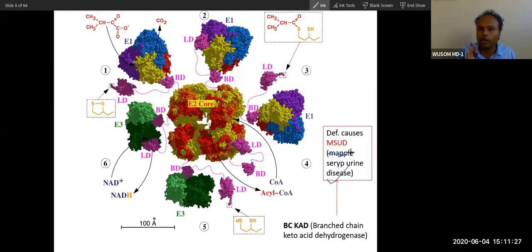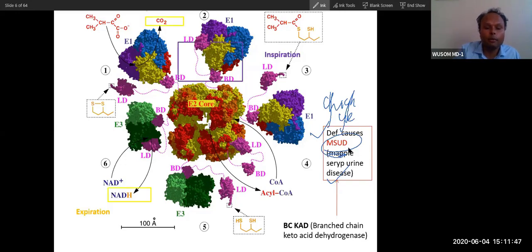You will study about this disease in great detail in MD2. Just remember, this is a very important point. That is why I have mentioned it here. So maple syrup urine disease, high yield. I can ask this only: deficiency of this causes which disorder? I can ask this much, not more than that. So remember the enzyme name and structural similarity.